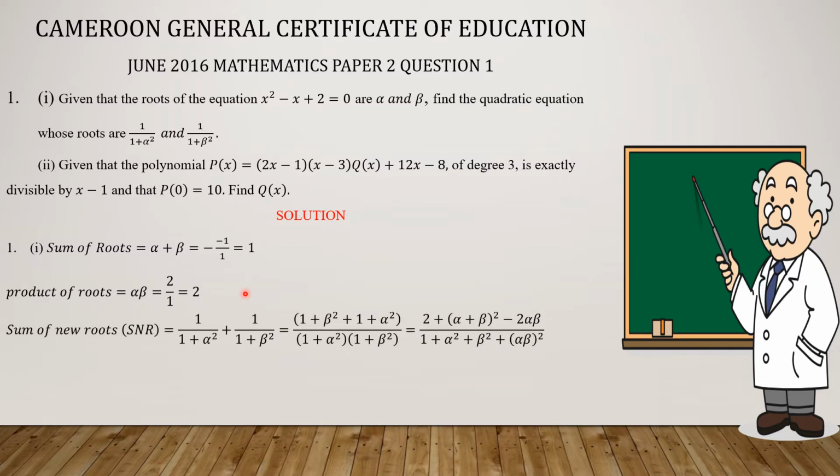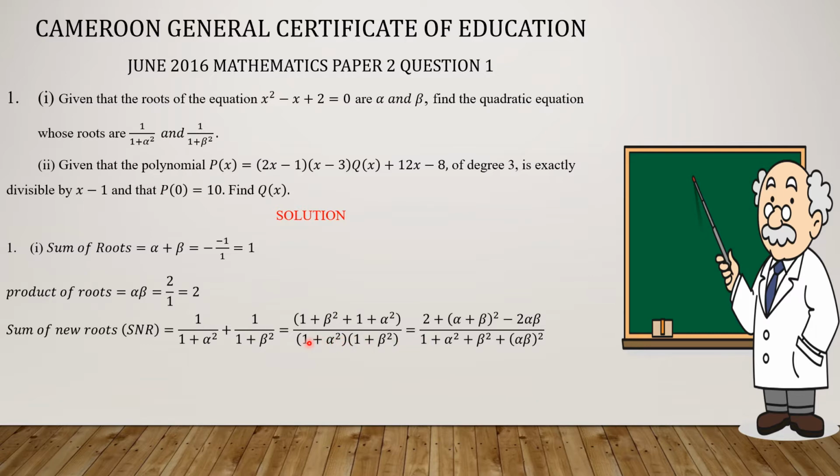Now the sum of new roots, since these are our new roots, will be 1 over 1 plus alpha squared plus 1 over 1 plus beta squared, which is equal to this from LCM, and 1 plus 1 gives 2, so we are left with alpha squared plus beta squared, which is alpha plus beta all squared minus 2 alpha beta, and multiplying the polynomials